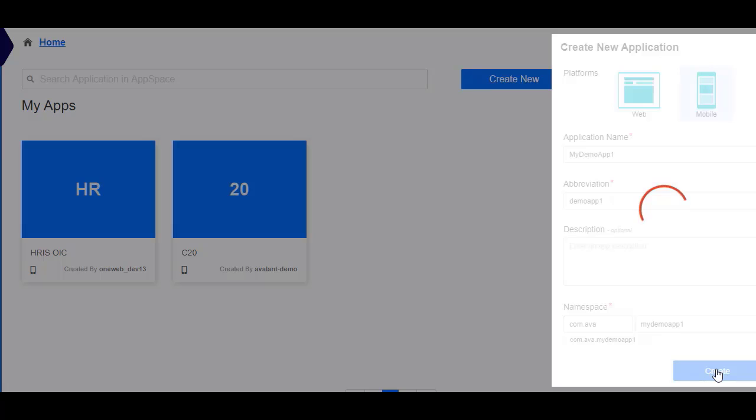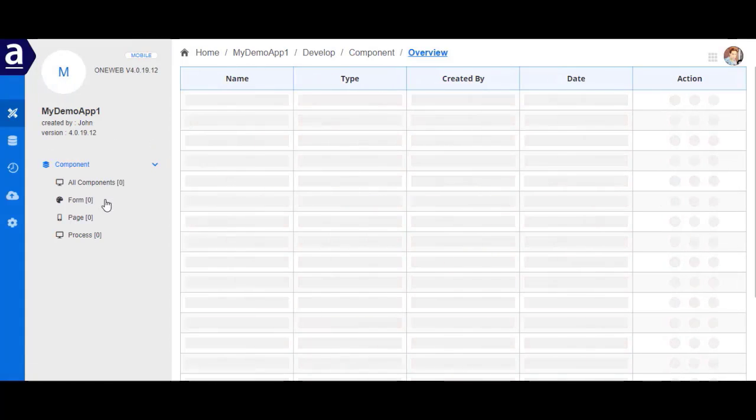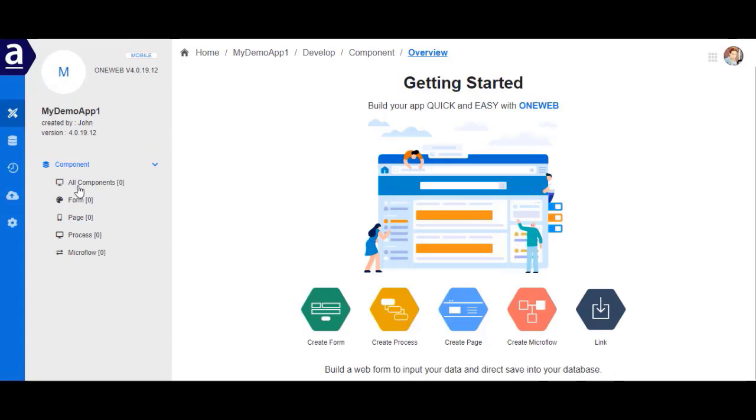As you can see, your application project is ready to be started on AppSpace. Now in AppSpace, you can find 4 different components using which you can create both the front end and back end for your web or mobile applications. Let me quickly go through each one of them.